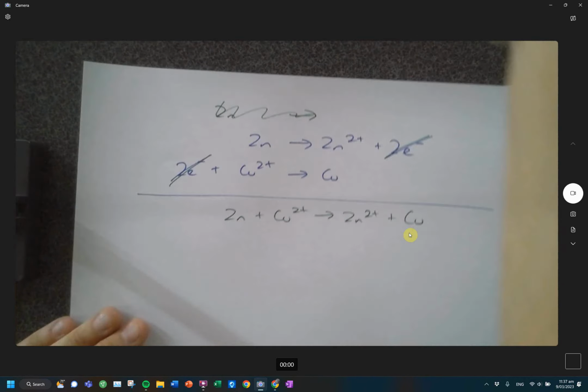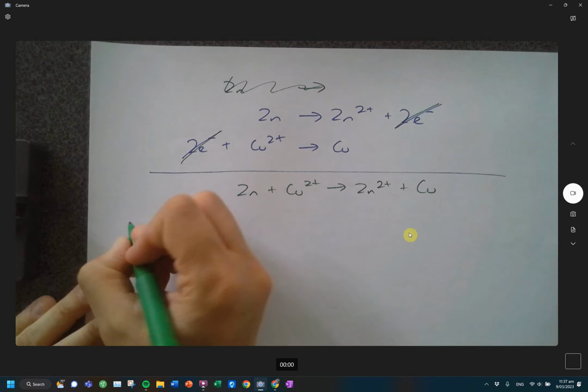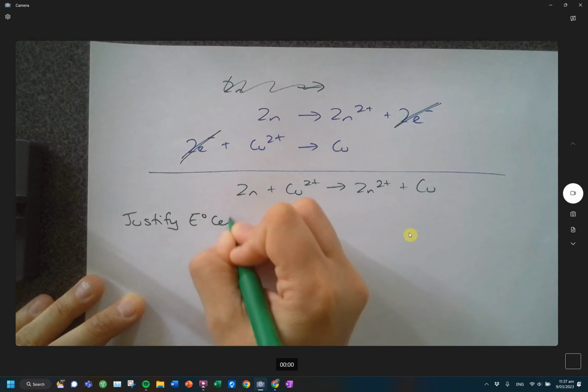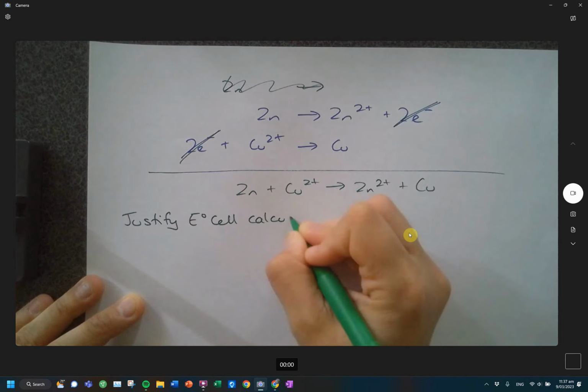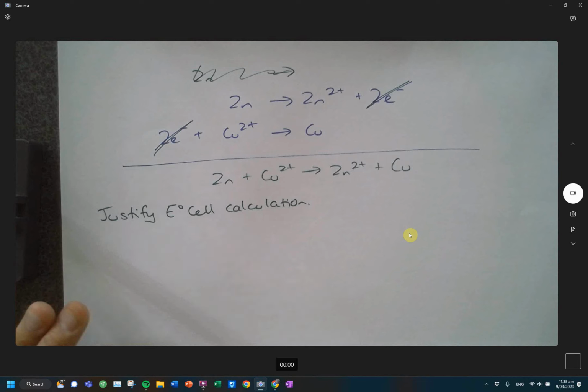So now we're justifying our E cell calculation. So first thing that you would say is that E cell is calculated